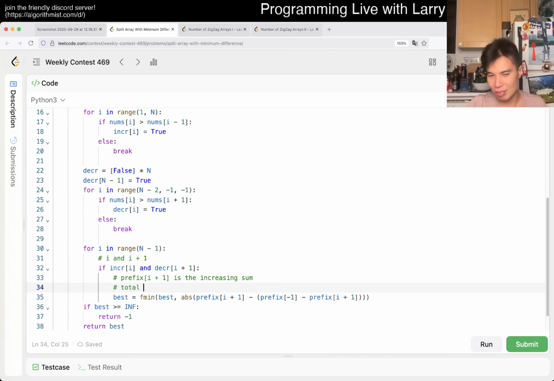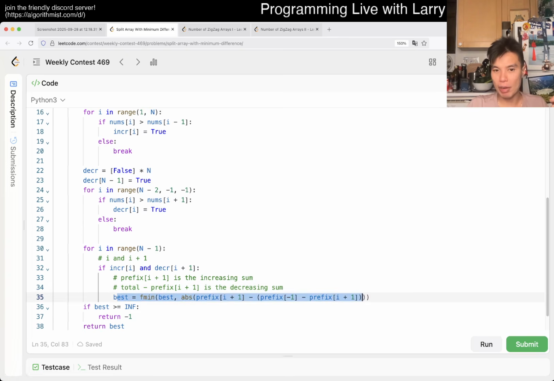So this is the prefix sum total, right? You could probably write it another way. This is going to be the decreasing sum, and this is pretty straightforward visualization-wise, because this is the first half, this is the second half, right? We have the total minus the first half, and that is easy. The prefix sum part makes it a little bit straightforward, and you just take the absolute value of the delta,